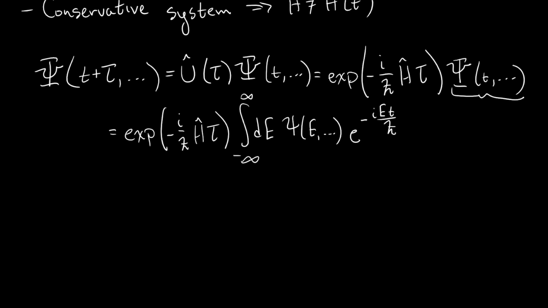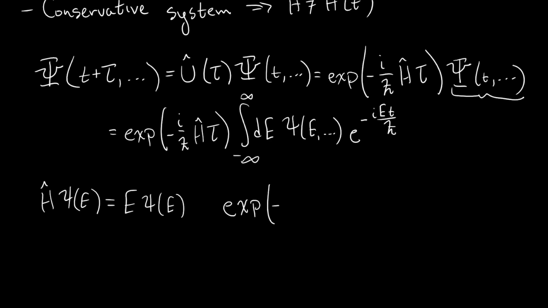Well, I know that H hat times psi of E is going to give me just the energy times psi of E. And so when I take this exponential, minus i over h bar H hat tau, times psi of E,